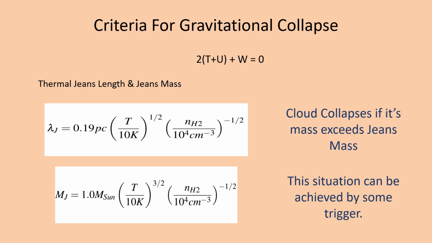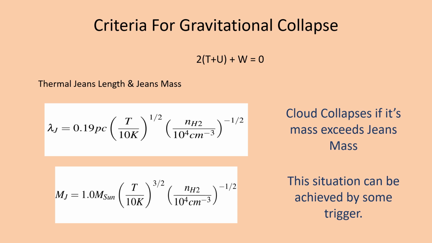So there are basically two triggering situations. The first situation is supernova. So supernova is basically an explosion, a big explosion due to which mass is released in the form of matter, and this mass is acquired by the cloud. So when the cloud acquires this much mass, it stores in clumps, and the mass exceeds the Jeans mass, and the cloud gravitationally collapses in itself, and the process of star formation